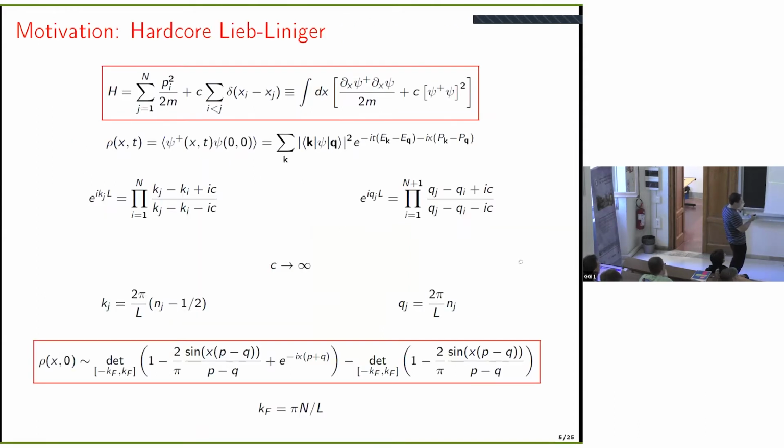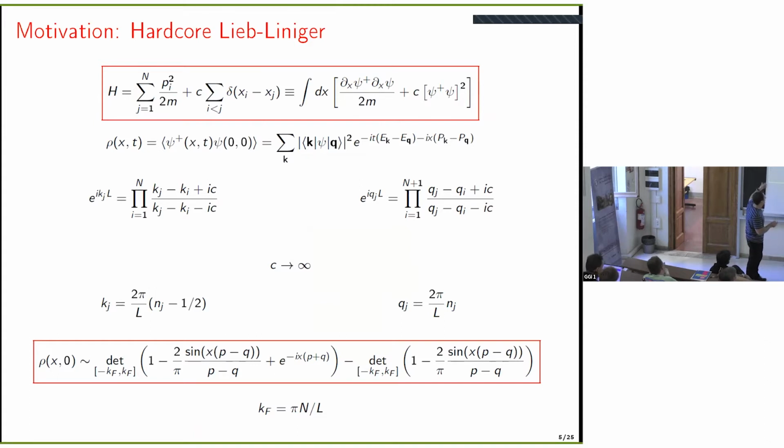As an example, it will not be our model, but just a motivation. For instance, we consider again the Lieb-Liniger model, but in the hardcore limit. Please don't confuse with rho introduced previously. Here I just consider a 2-point function, which is field. Again, it can be computed just by introducing the resolution of unity. All these guys are known, and